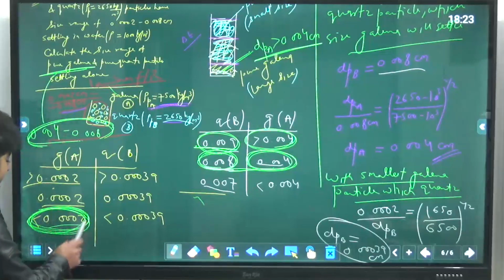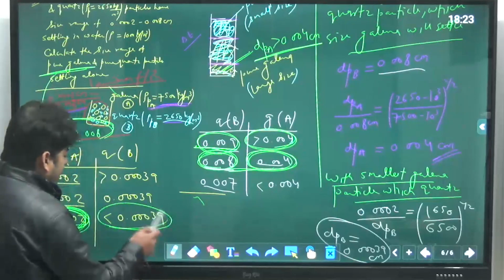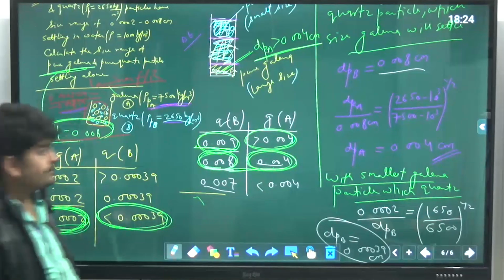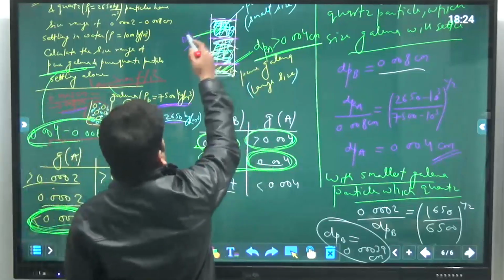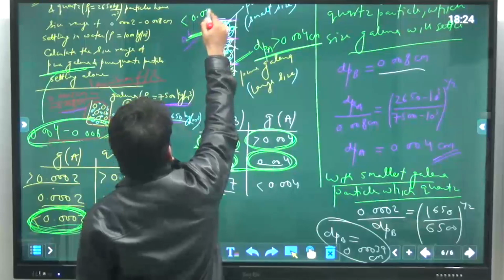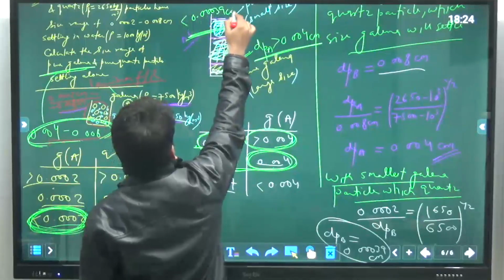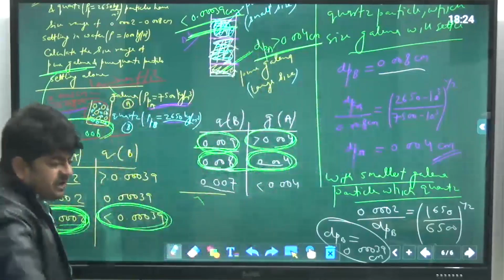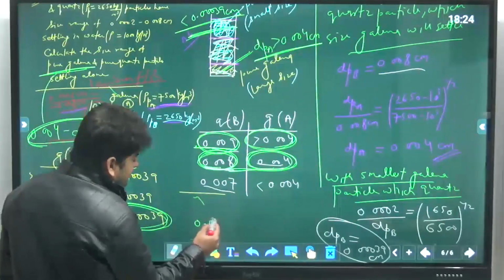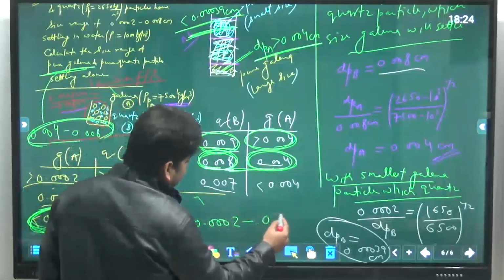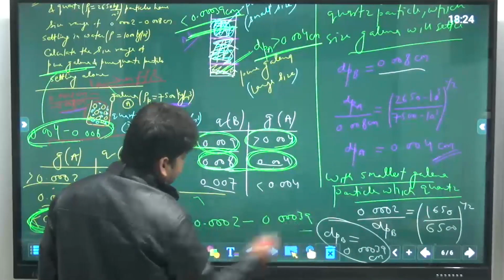And when we don't have this size of galena particles, all the quartz particles in this range will be settling alone. So in pure quartz, the size of the particles will be less than 0.00039 centimeter. And if you want to mention that in terms of range, you can say the pure quartz is 0.00022 to 0.00039 centimeter.